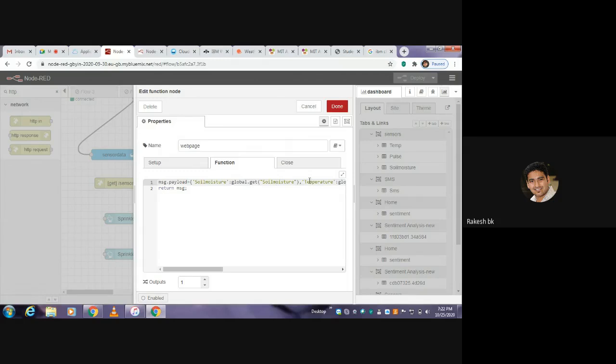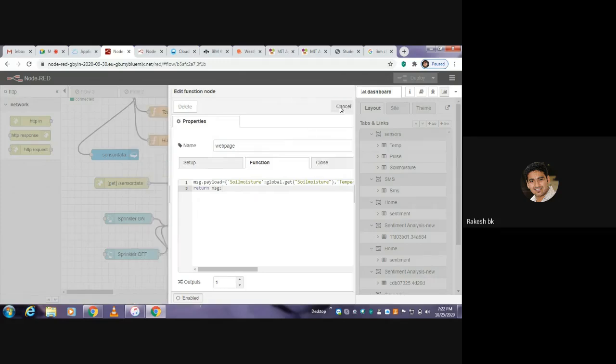Similarly, I write for temperature, and similarly for humidity. I've also written temperature and humidity for the open weather data, which I'll explain in the later part. For now, just understand that writing the message.payload fetches the data already stored in the cloud onto the web user interface.